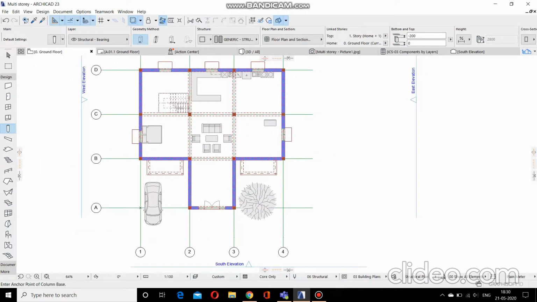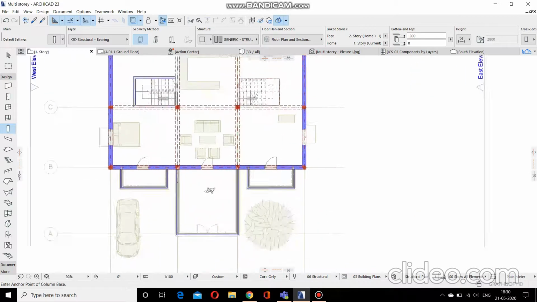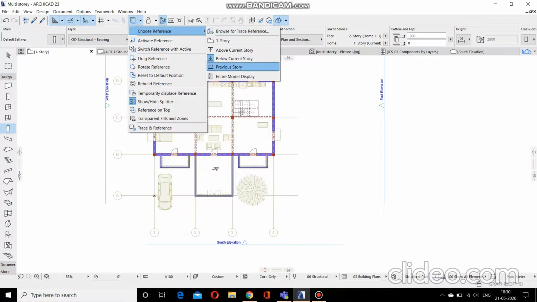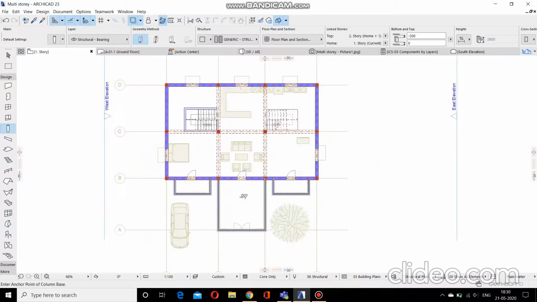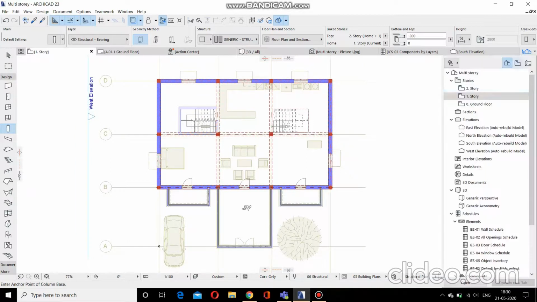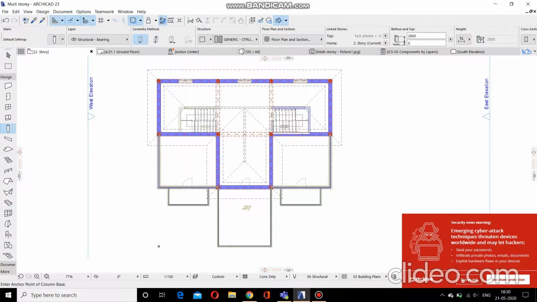Then we moved on to the 1st floor. To create the 1st floor we had actually used the trace option. So from the trace option we choose the reference as the story below it. So the ground floor we chose as a reference point, and with the help of the reference point we were able to create the 1st floor. So similarly we also made the 3rd floor. This is the plan of the 3rd floor using the trace option itself. This was done to create the frame of the structure.